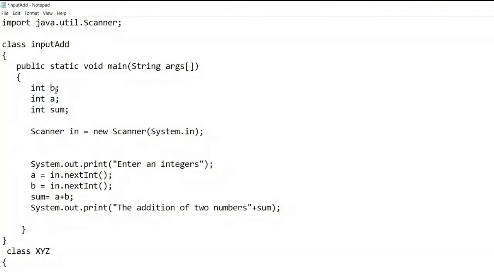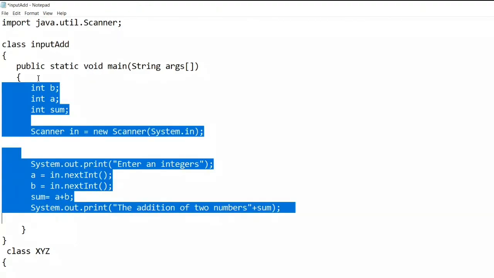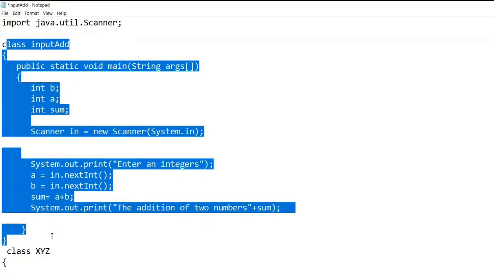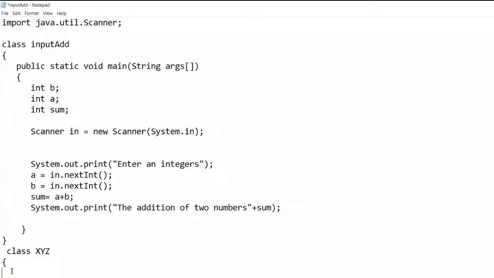Can I access the variable b? No, because this variable b has limited access to the void main only, and to this input class only. Up to this class it is accessible. This is known as the scope of a variable. I cannot access the variable values a and b here.